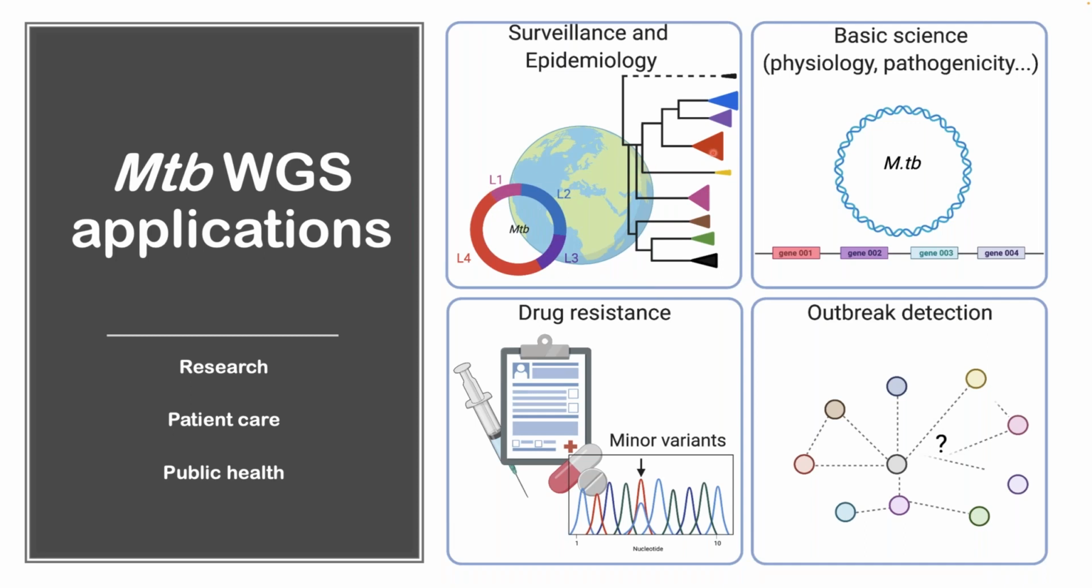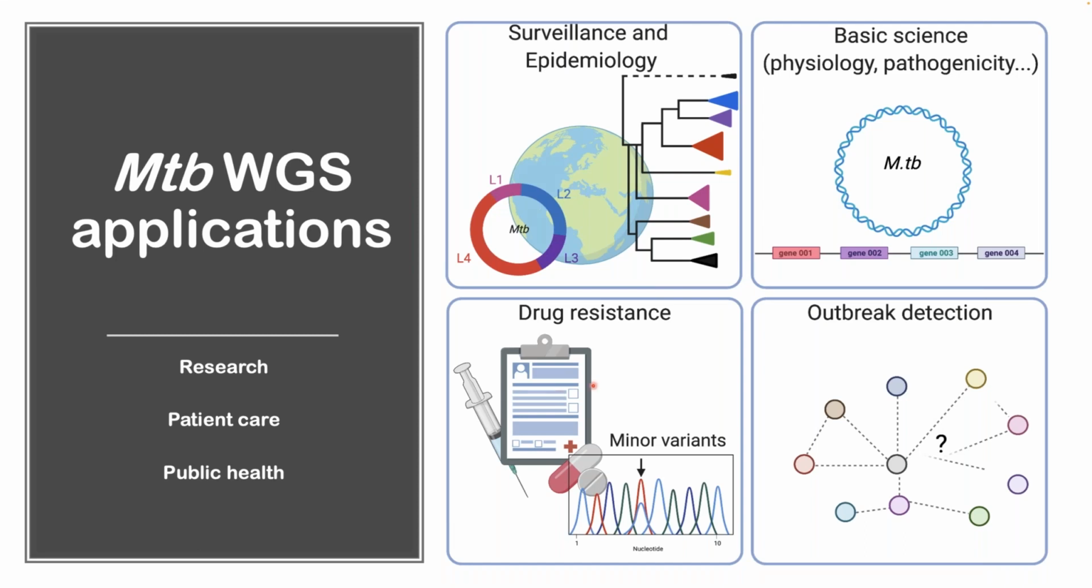studies. At its core, whole genome sequencing also allows us to unravel the intricate physiology and pathogenicity of MTB. So by examining its precise genetic makeup, we can gain insights into how the bacterium functions and how it causes disease. Then whole genome sequencing also plays a critical role in identifying drug resistance mutations and also minority variants within MTB populations. And this information is really vital for tailoring effective treatment regimens, as drug-resistant TB poses an even greater